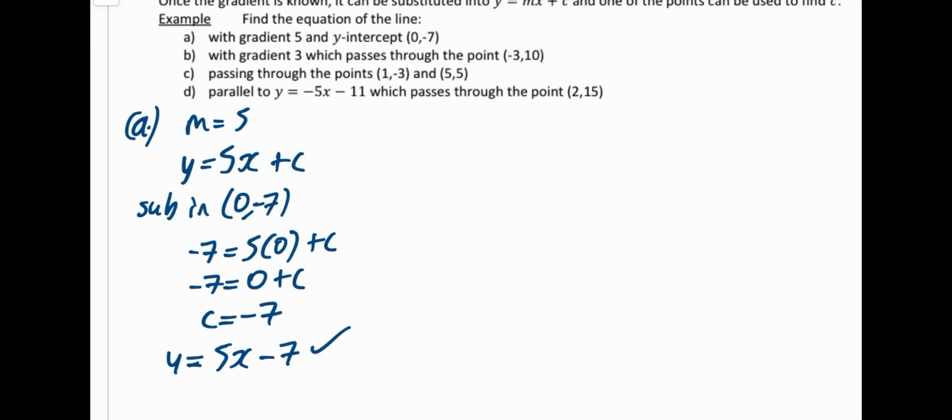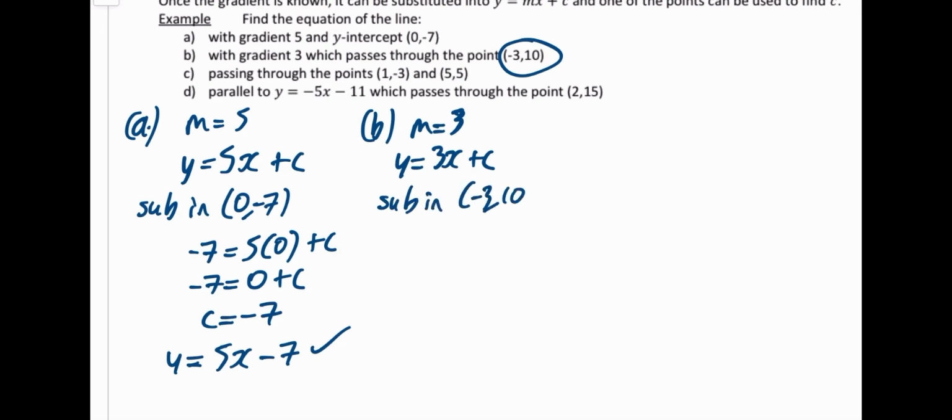Okay, part B. I think I'll just do part B up here so we can see the question. You want to find something with a gradient of 3, so m is equal to 3. Straight off the bat, we know y is equal to 3x plus c. And we also know it goes through this point, so we'll just sub in